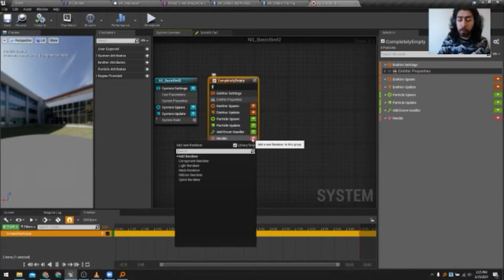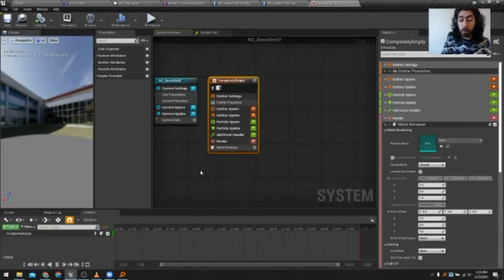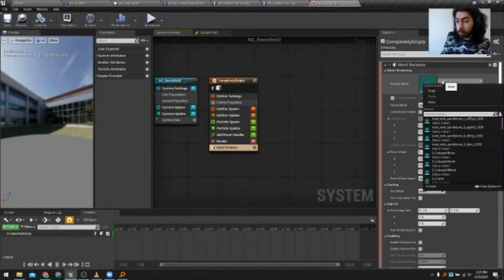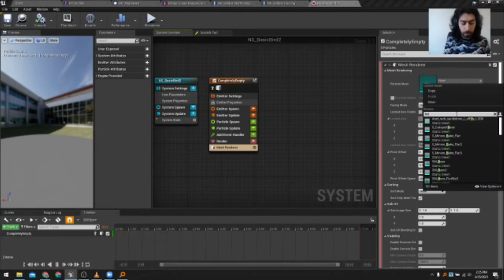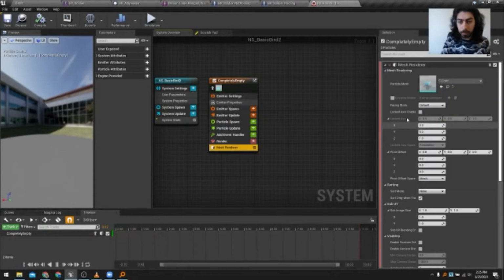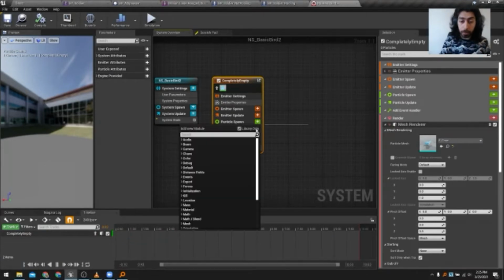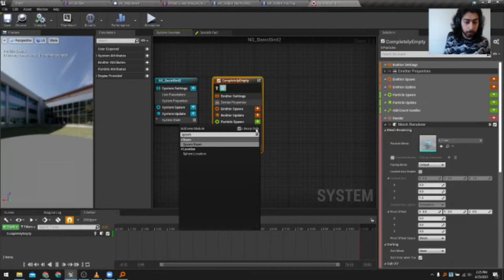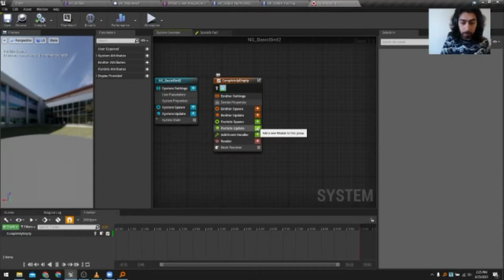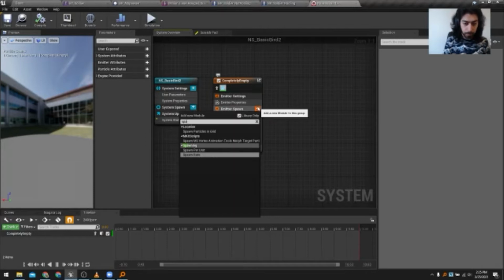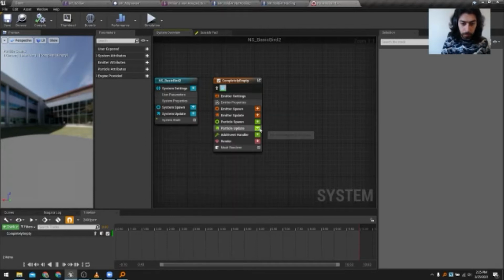Cool. So the first thing we want to show is our mesh. We're going to start basic with a bird. We're going to use a mesh renderer and we want to display this bird. So we're just going to look for a bird or a crow. Here we go. We added the bird. We can't see anything yet. That is normal. We want to spawn. So for spawning here, we want to spawn burst instantaneous. And one second.